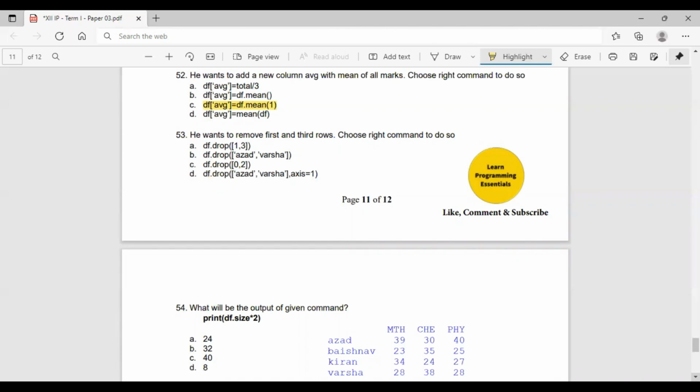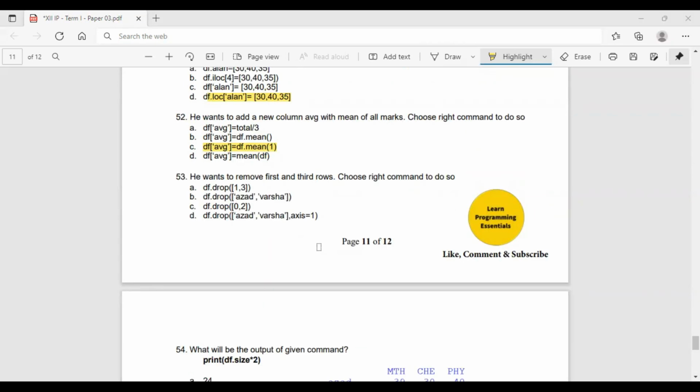Df dot drop 1, 3; df dot drop Azad, Varsha; df dot drop 0, 2; df dot drop Azad, Varsha, axis equal to 1. So df dot drop 1, 3 or df dot drop 0, 2.